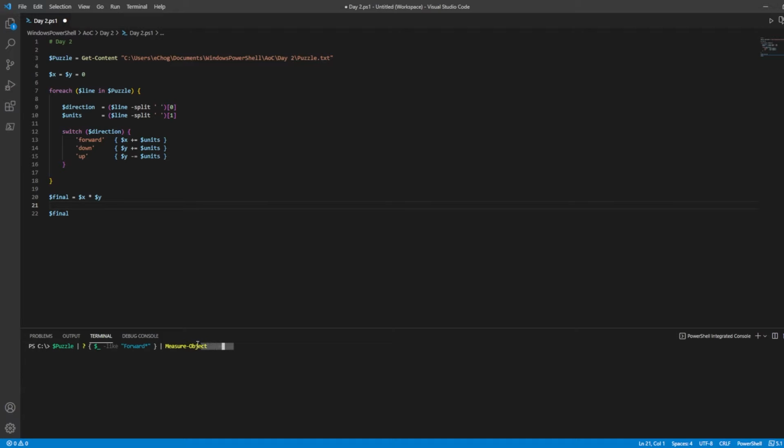So this is good. What we're going to do is stop them. We're going to go back to this pipeline. We're going to say for each, which is the percent sign. And we want to go ahead and do this. And we're going to split at the space again. And from there, we're going to actually just select the number 1, and then we're going to measure object here,